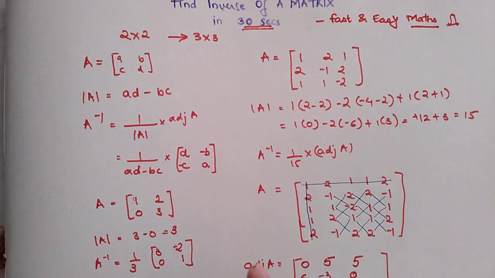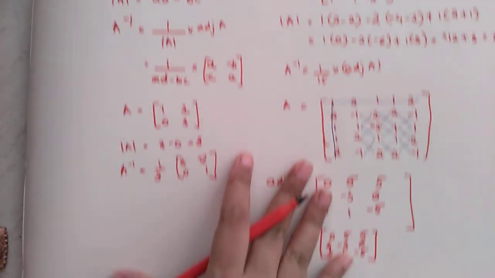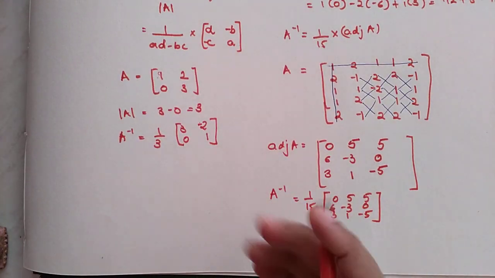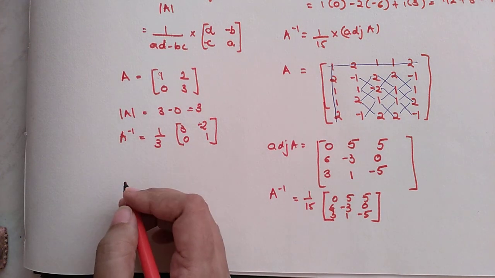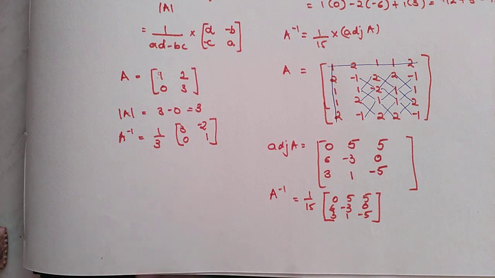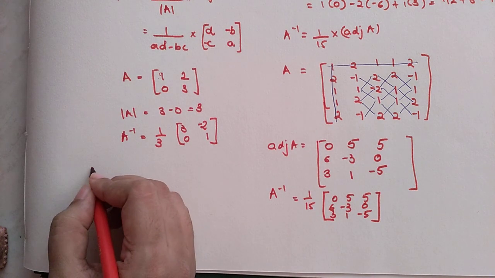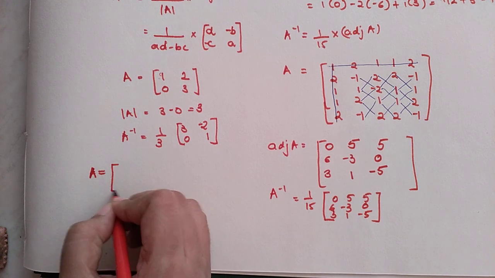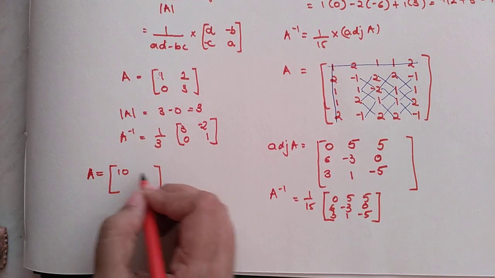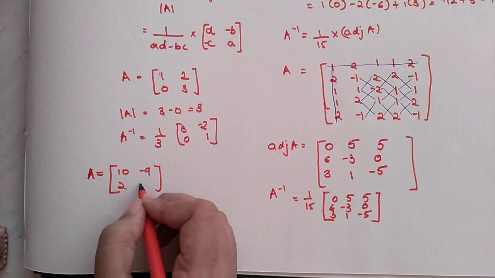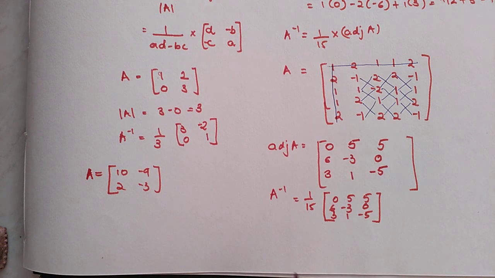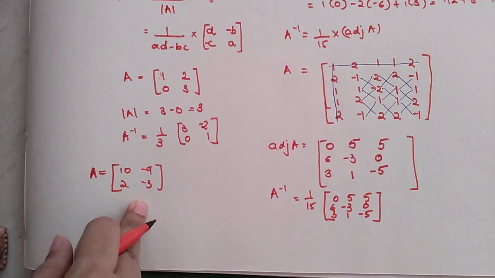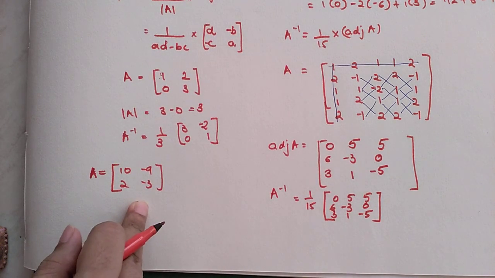Also students, I'm going to give you another question, and the answer of this you will mention in the comment section below. I'll read your answers and let you know whether they are right or wrong. So do tell me what should be the inverse of this matrix: 1 0, minus 9 2, minus 3. Without wasting further time, please go ahead and write down your answers in the comment section.